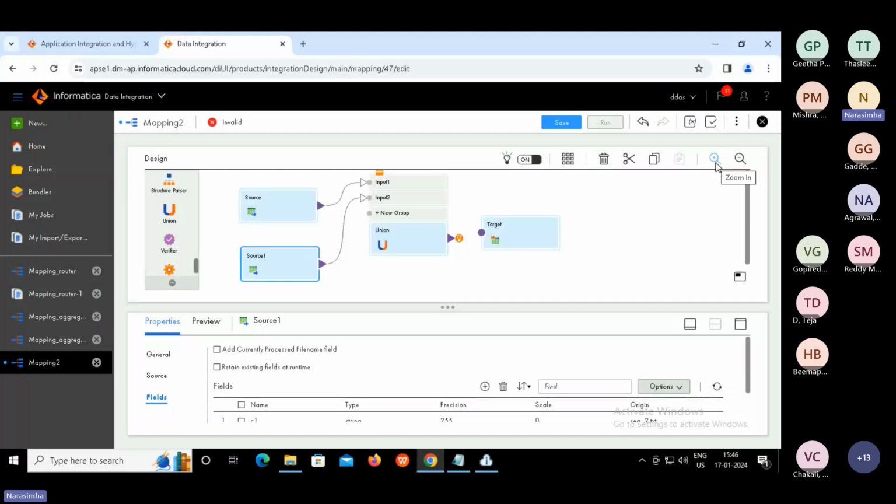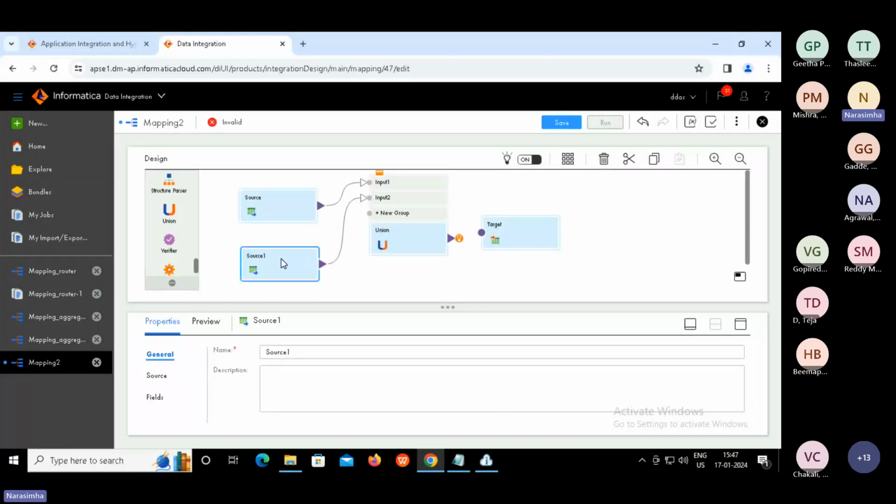Now we supply the structure for both the sources. Let us make sure that both are configured, guys. Then we'll get into union.